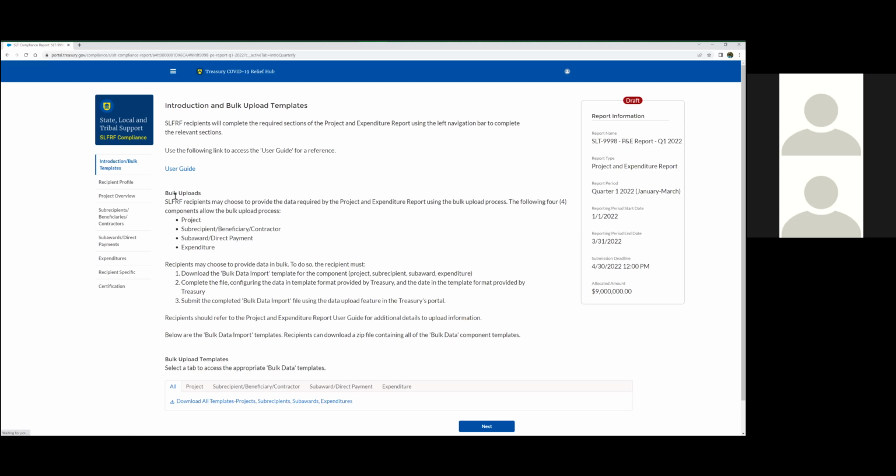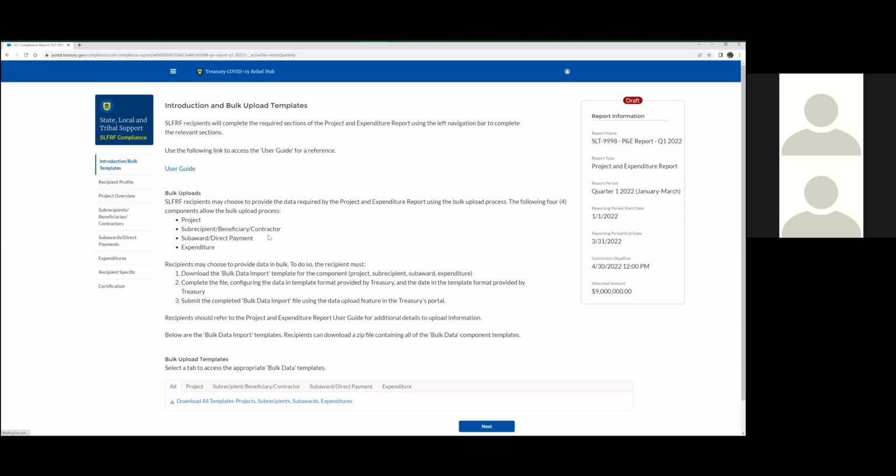Don't worry about this bulk upload. If you have under $10 million in SLFRF allocation, I'm going to show you, you don't need to create too many projects to get your submission in. So again, this is here for convenience, but I'm not going to get into using bulk upload here because it won't be applicable to